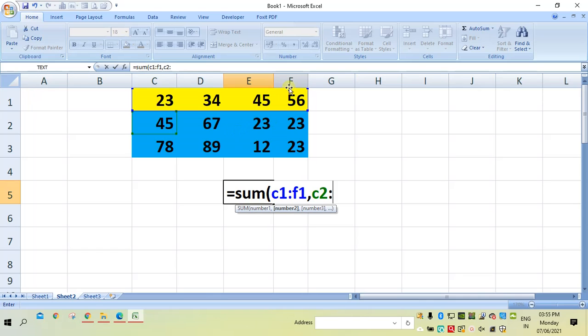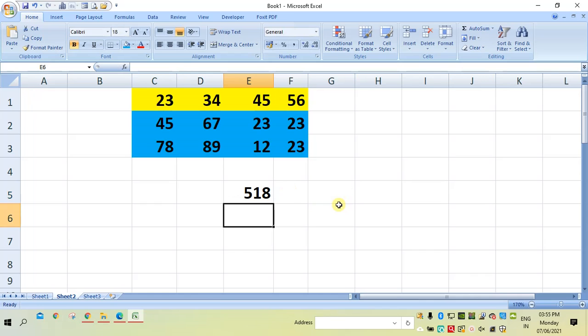So F3 means this one. Now here in sum I specified both ranges. The first row is indicated by C1 colon F1, then the second and third rows are indicated by C2 to F3. So 5, 18. Here I added this separately, and these two separately, and then added them later. Suppose you want to find the sum of the entire numbers of this table, then equal to sum